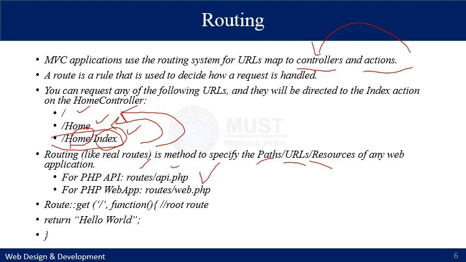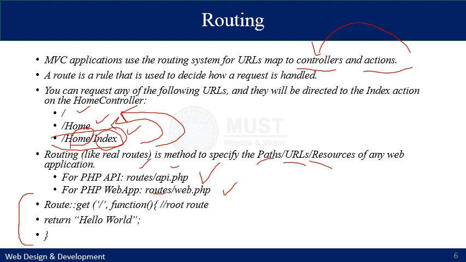And for accessing it as a web application, that means if you want to access it using a normal browser URL, then you can do it in another file which is also stored in the routes folder of your application. The name of the file will be web.php. If you open the second file, which we are going to use for this part of the lecture, you will be able to see